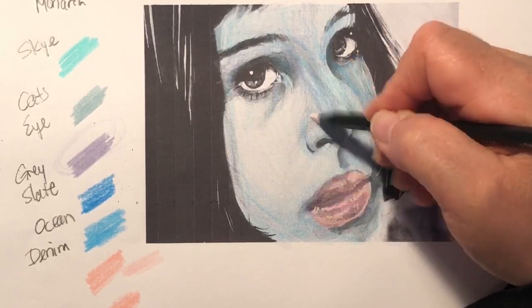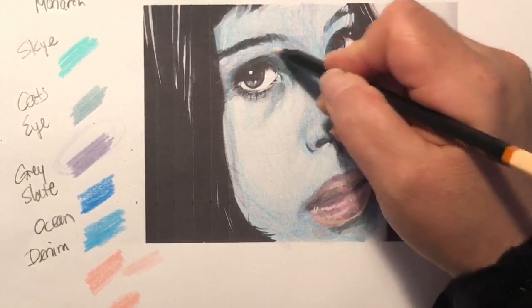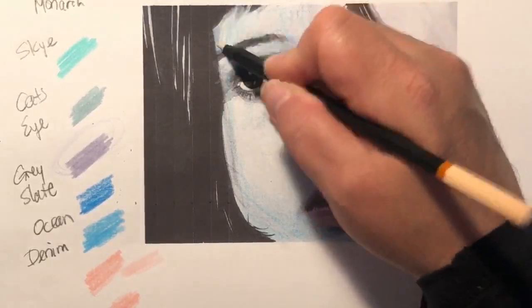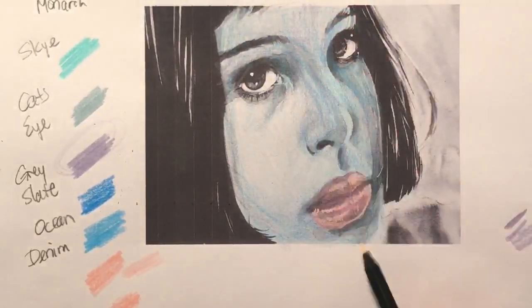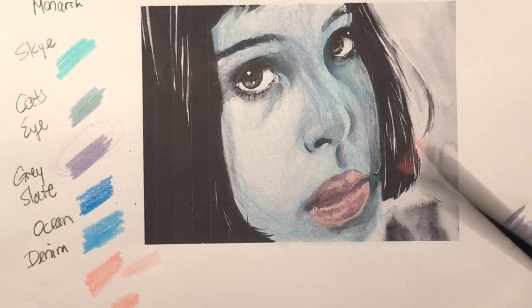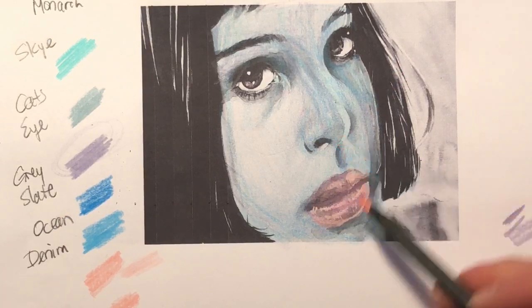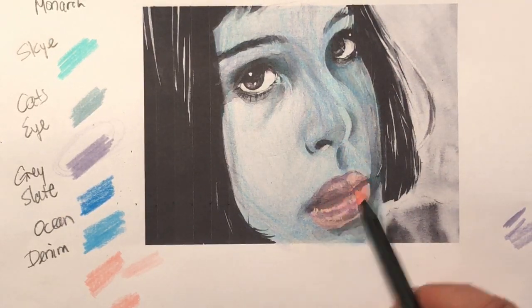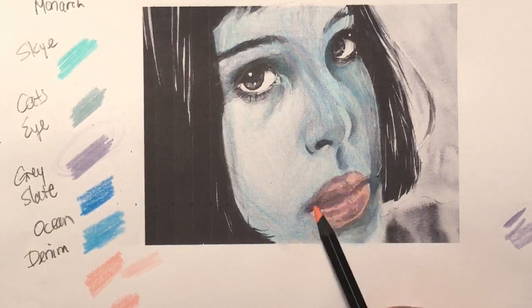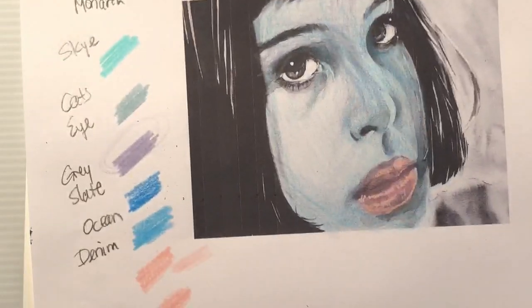I'm not going to do anything to her hair. I'm going to leave it the way it is. But she kind of looks like a blue. She's in her blue stage. This one is Saffron. I just want to kind of give it a little bit of a darker lip. So those are our completed